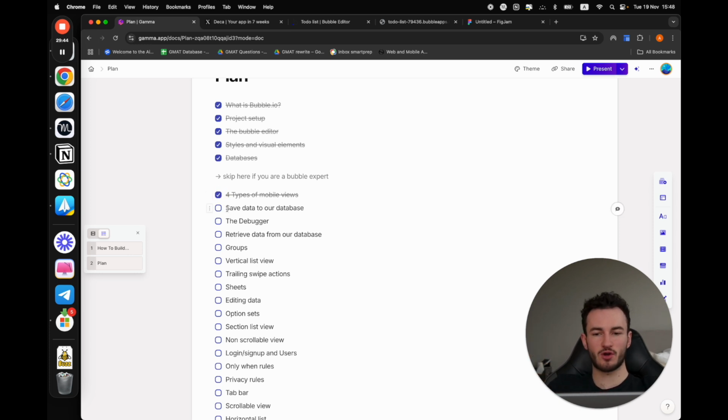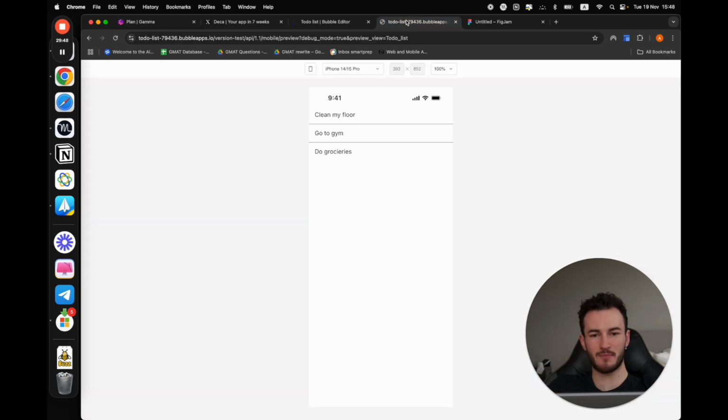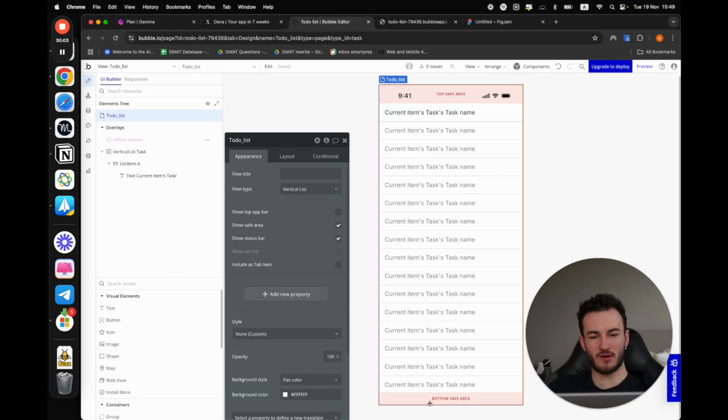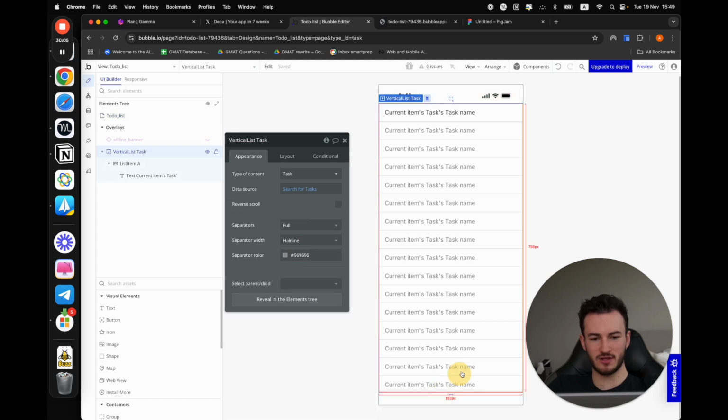Now let's actually go and save an item to our database, because if you're a user of such an app, you probably want to add your own stuff over here. And to do this, I want to add a simple button in the bottom of my screen, which is going to be add item to the list. All right, let's go back to our page, and over here we need to add a certain